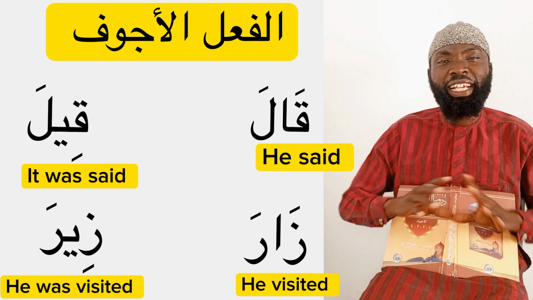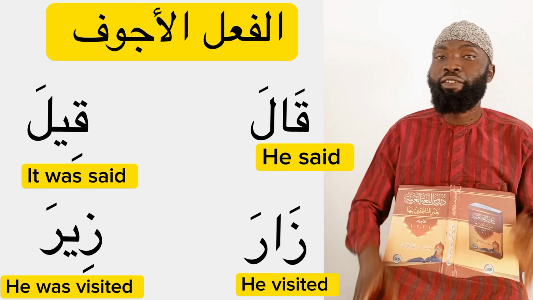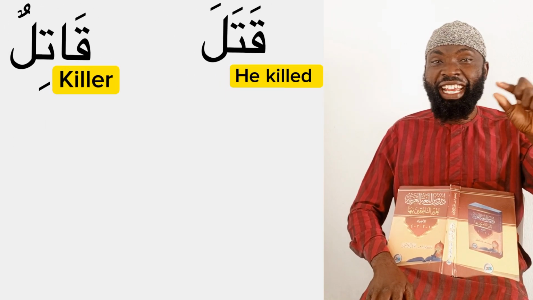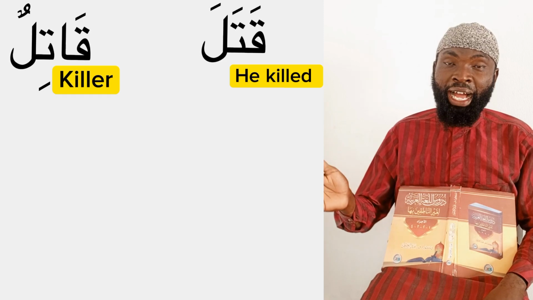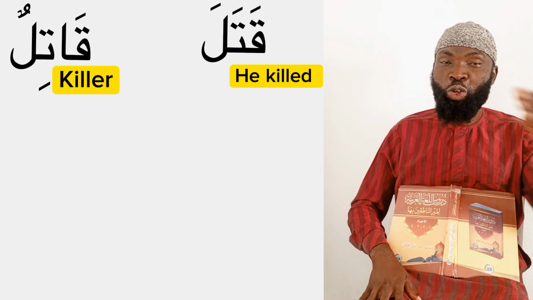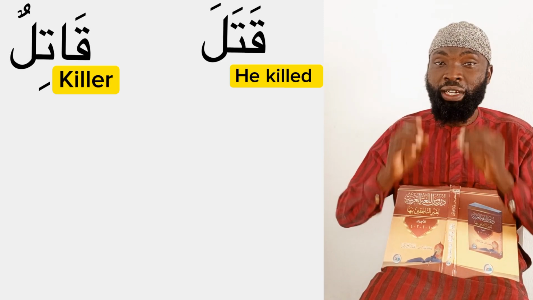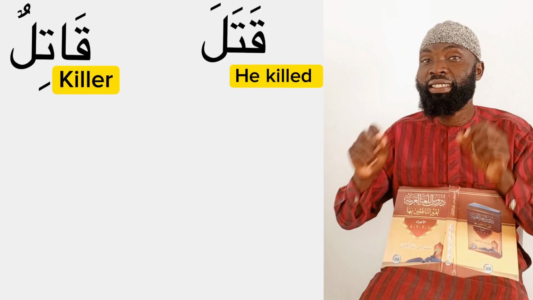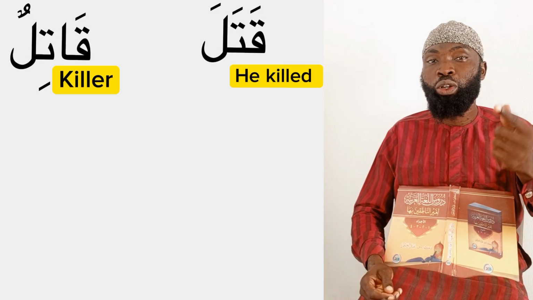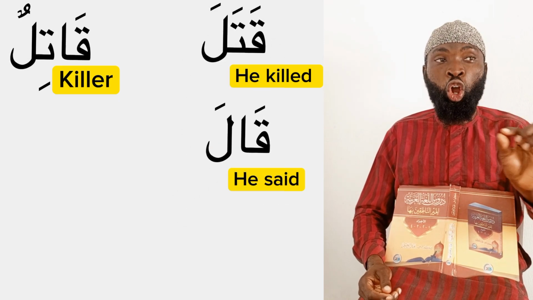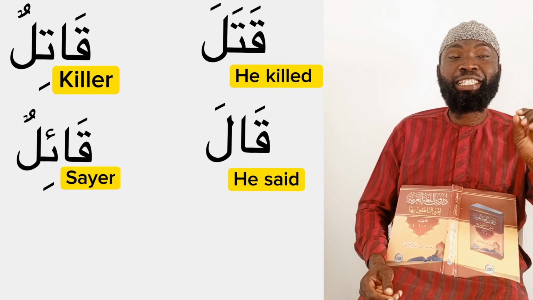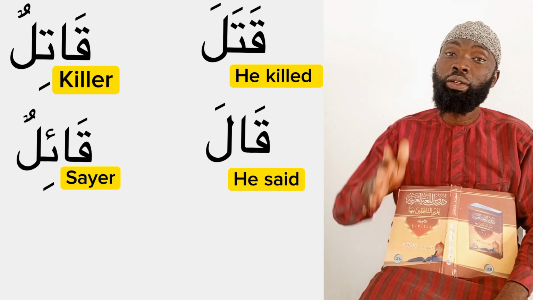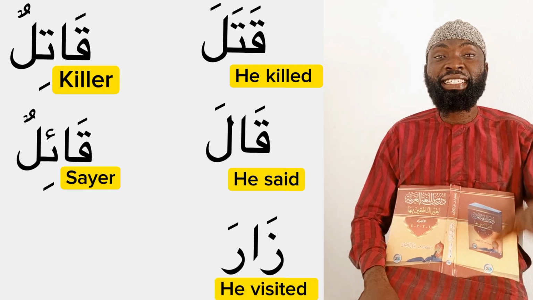Plus this, we're also going to be learning, as we have talked about previously, from the word qatala, he killed, qatilun, the killer. Dhahaba, he went, dhahibun, the goer. Now when you have to form the ismul fa'il from these patterns of verbs which have sick letters in their middle, you also have the word qala, he said, qailun, the sayer, the speaker.